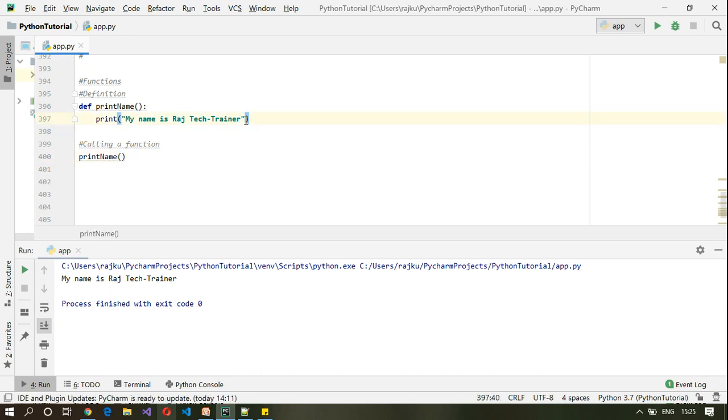Suppose I want to specify this name, then what we can do is pass in a particular parameter here.